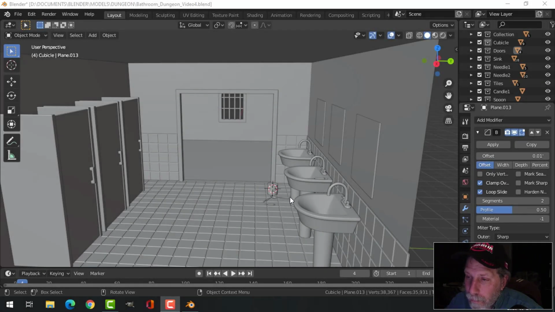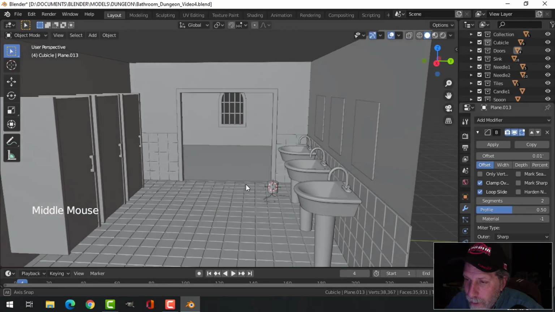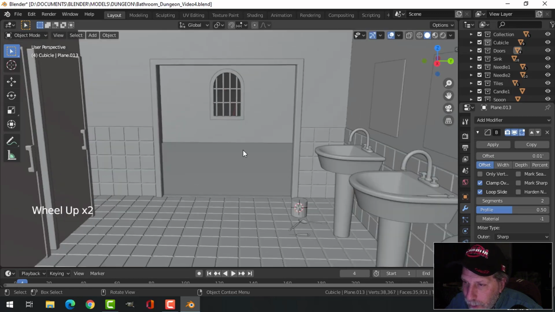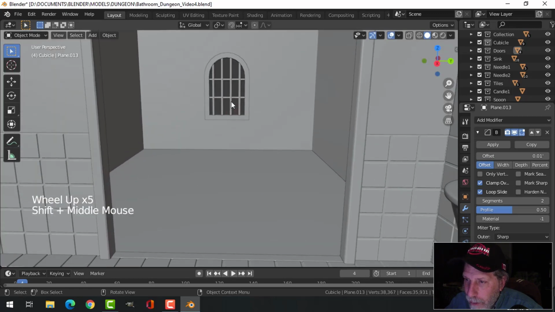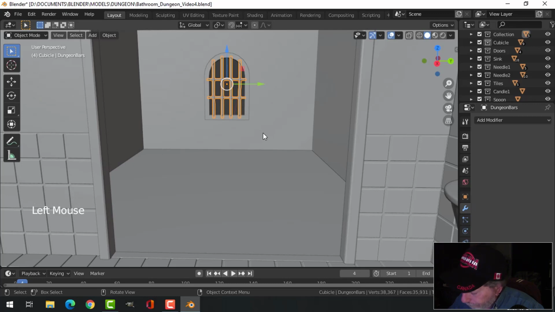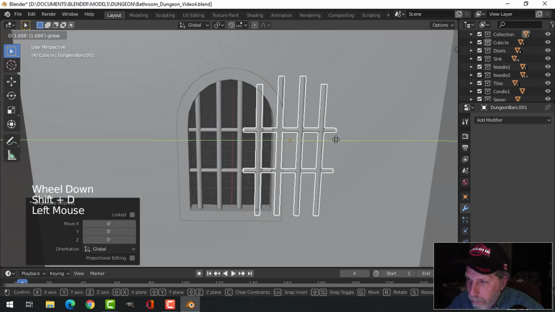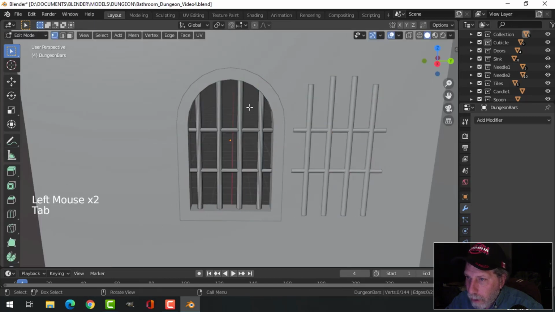Okay, part 4 of modeling the dungeon scene. Let's move out of the bathroom for a little while. We'll leave that candle and let's actually head into the dungeon and do a bit of work back here. I want to make some changes to this. Before I do, I'm going to copy it just in case. And then come over here